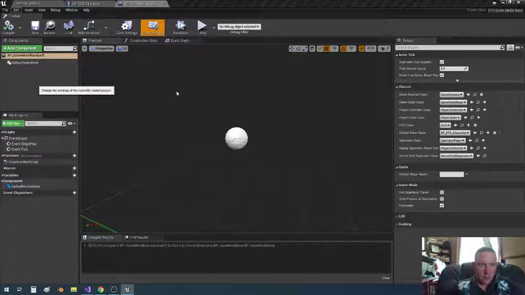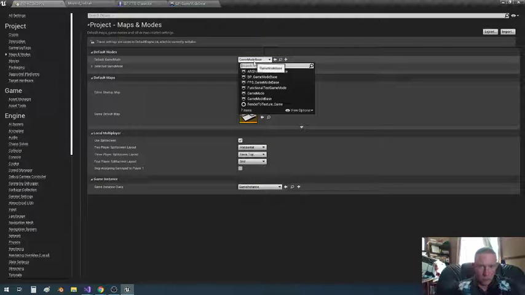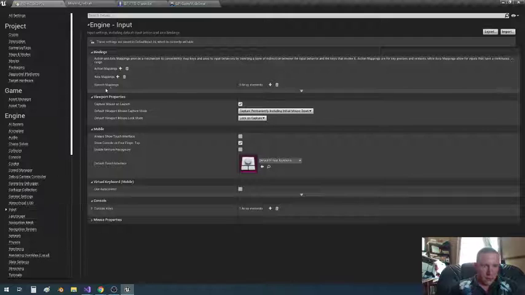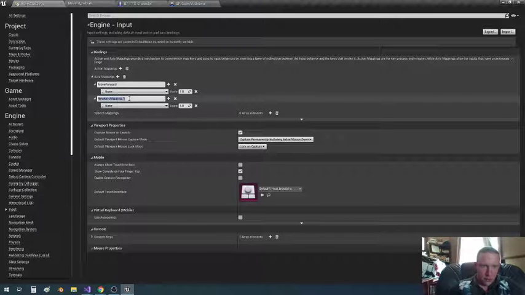Project settings. And while we're right here, we're going to set up our input too for controllers, for our control. So let's add a couple axis maps here. We'll call the first one move forward, move right,